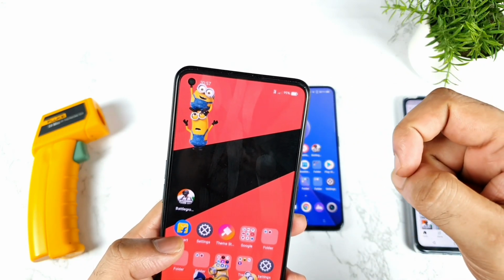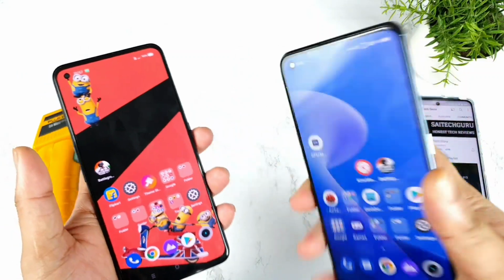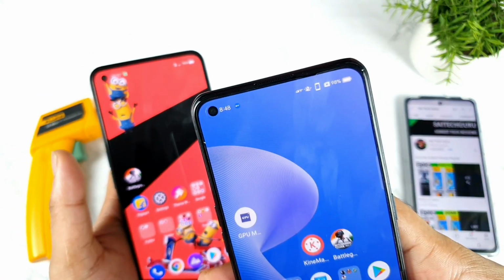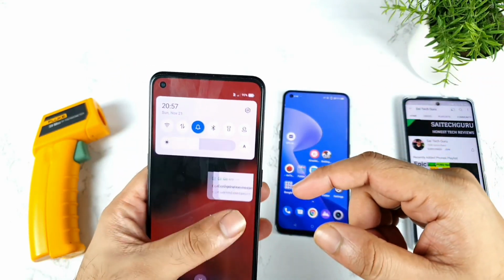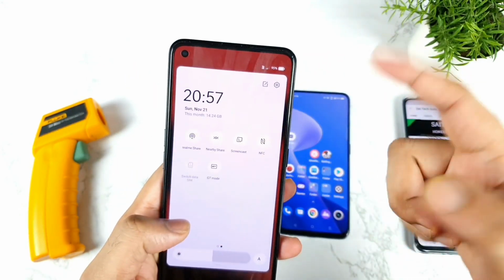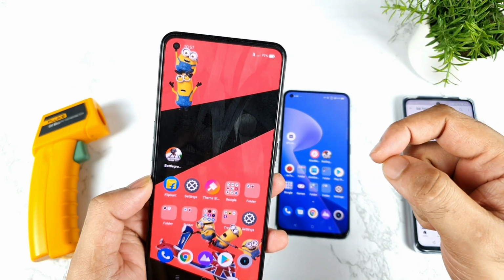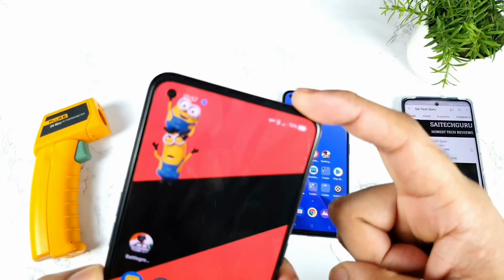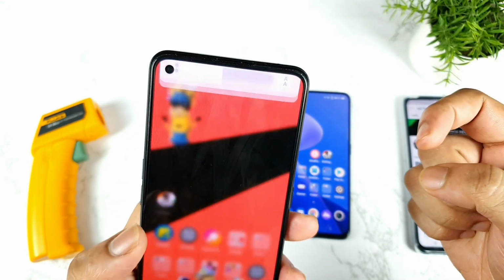It's not showing in the notification toggle, whereas the Realme GT, so this is a Realme GT, where it's showing clearly in the notification toggle. I think there's some kind of bug or some kind of problem. So yeah, now we got it in the notification panel, as you can see exactly. Just now it got activated successfully.